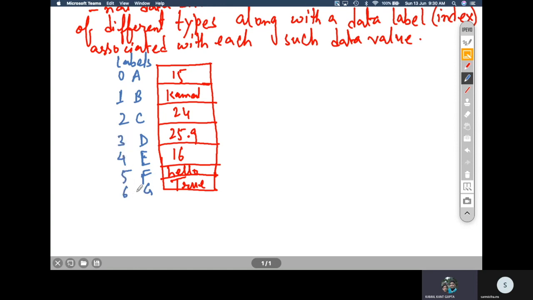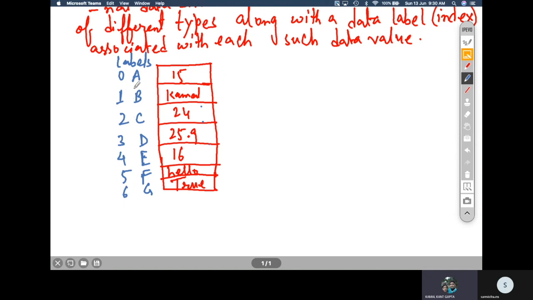It starts with 0 and goes up to n minus 1, where n is the total number of elements in that Series. Here, how many elements are there? 1, 2, 3, 4, 5, 6, 7. Seven elements, so the last index is 7 minus 1, that is 6, starting with 0.